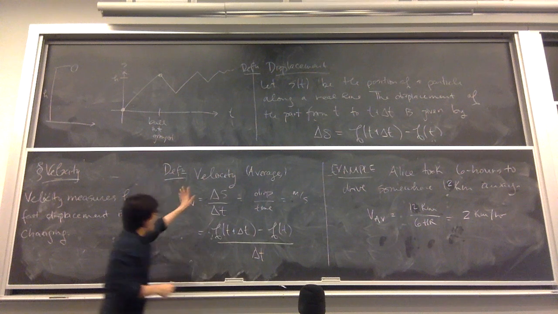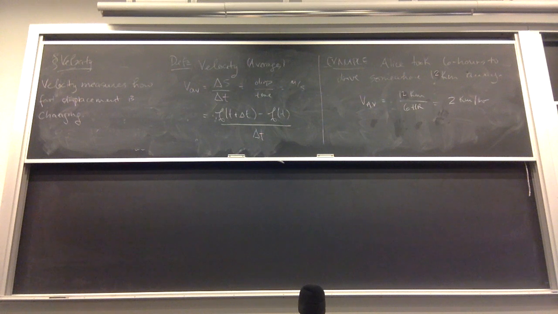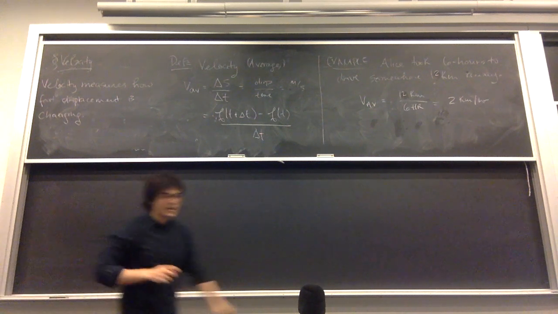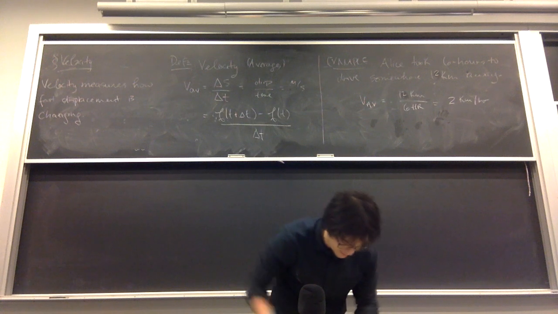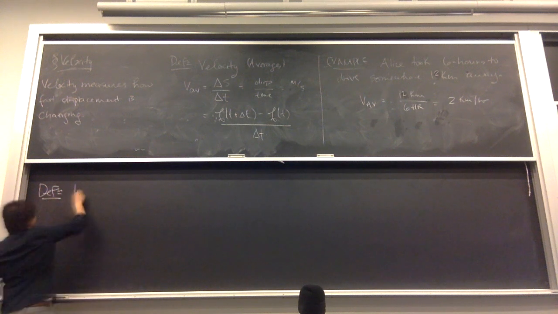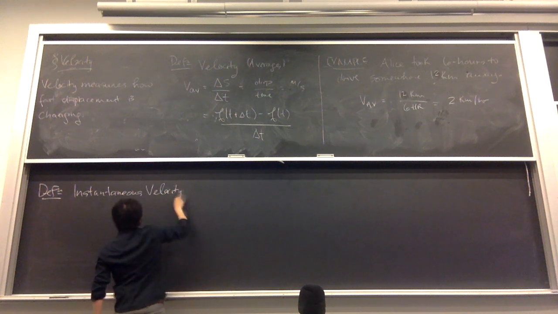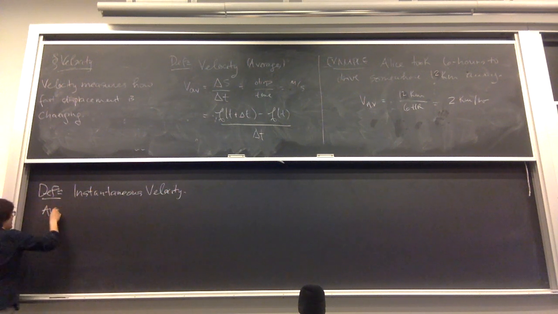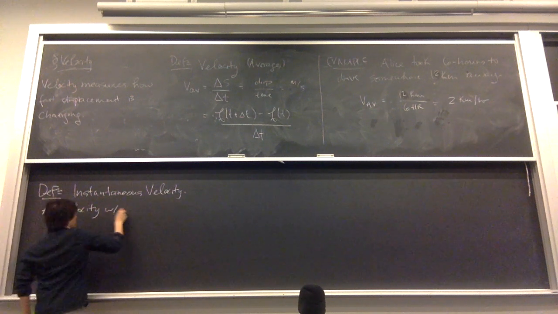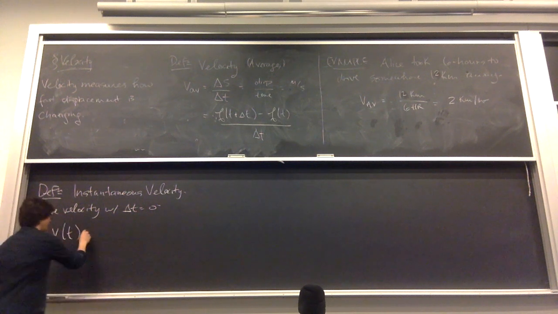So here's average velocity. You know things are going bad when I have to use the forbidden board, but let's go. I have to now give you the definition of instantaneous velocity. So here's the definition of instantaneous velocity. Right? This is the average velocity with delta t equal to 0. Okay? What is this? This is very interesting. If I set delta t equal to 0, what do we get? We get the velocity, the instantaneous one at time t, is going to be